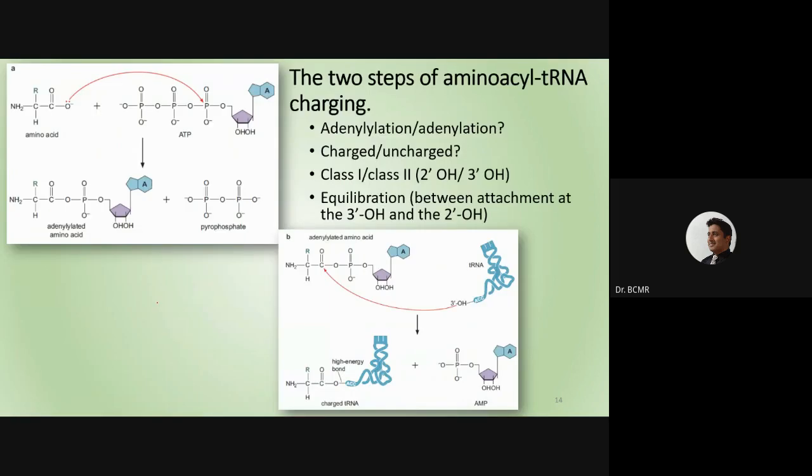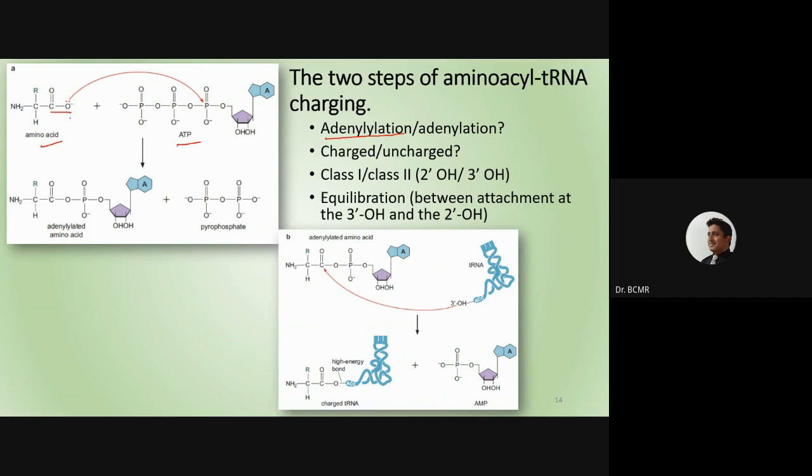And then we discussed the charging of tRNA. That is how aminoacyl tRNAs are made. It happens in 2 steps. One is adenylation, that is, addition of AMP to the amino acid. AMP is not so energetic compared to ATP. So the ATP,